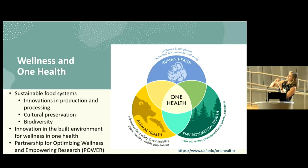So as it relates to the wellness and One Health links, we've been doing different collaborative projects around the themes of sustainable food systems, innovation in production and processing. An example of that is this grass-fed beef project that we have, where we have these cattle that are actually very well suited for our very dry climate, and they are actually helpful for preventing fires, and they can be finished out on the range. And they're healthy, they protect their calves, and they're really just,